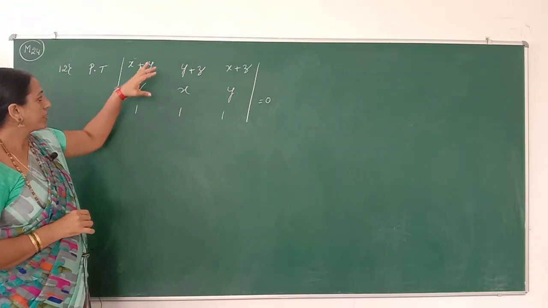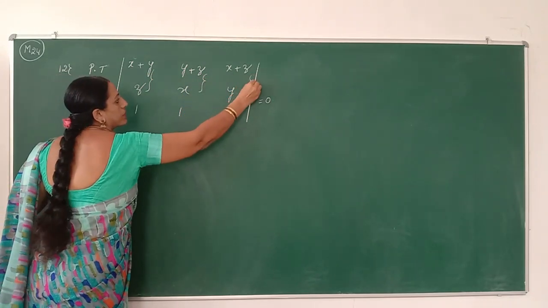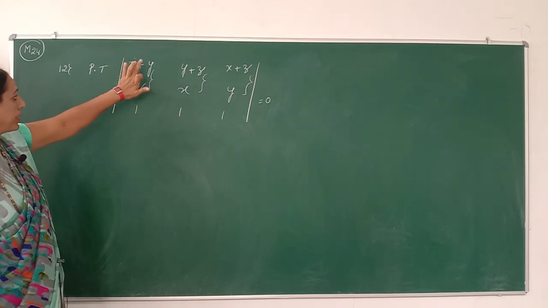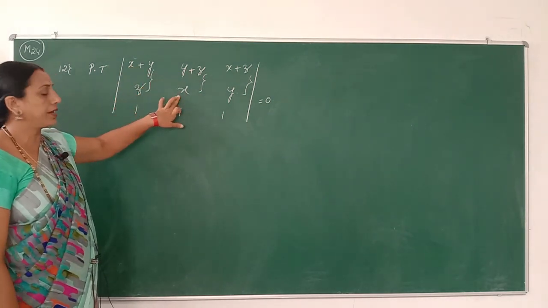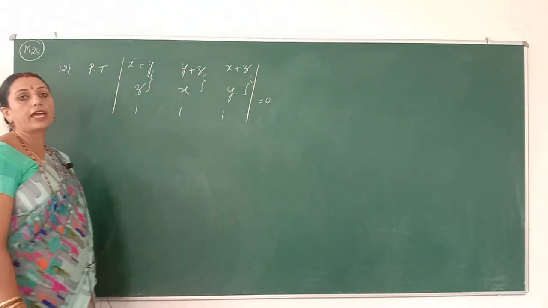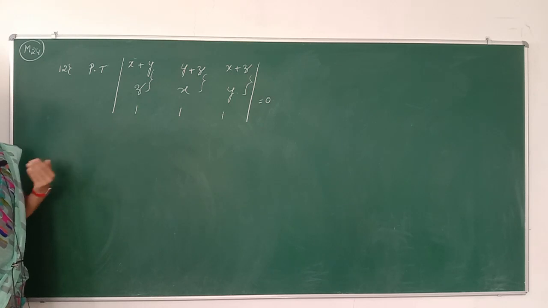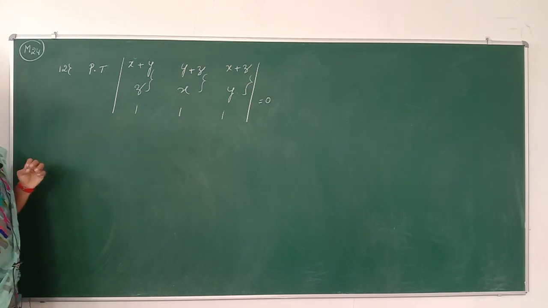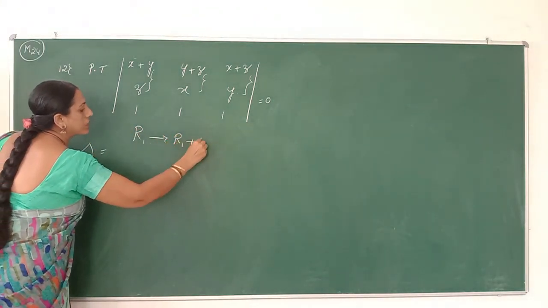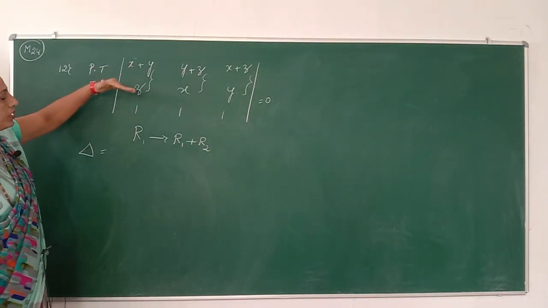But in that process, we also observe the elements of the first and second rows. Elements x plus y, z after addition is nothing but x plus y plus z. Similarly, y plus z and x after addition is x plus y plus z. And x, y, z after addition is nothing but x plus y plus z. These elements have a common factor after adding the corresponding elements of the rows. Therefore, R1 can be changed with R1 plus R2.